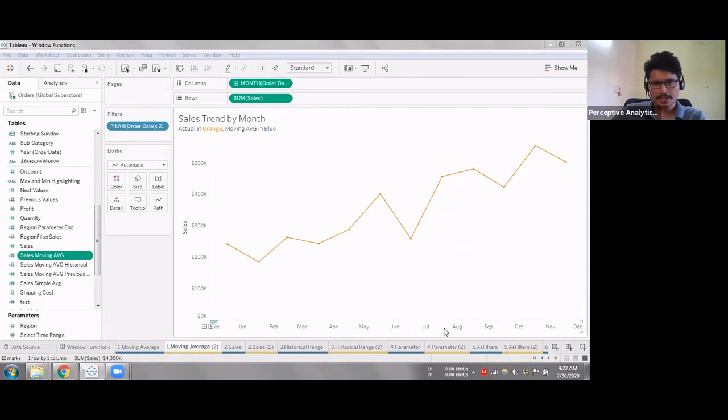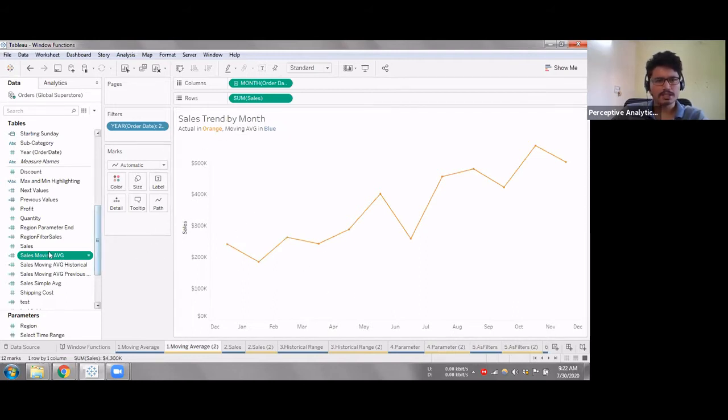I have my date column on the x-axis and my sales on the y-axis, so it just gives me a sales trend for every month. Now what I want is a moving average of my sales value. As I progress across my x-axis, I should get an average of the values so far. So when I go to March, I should get the average of these three, and likewise. It's called a moving average.